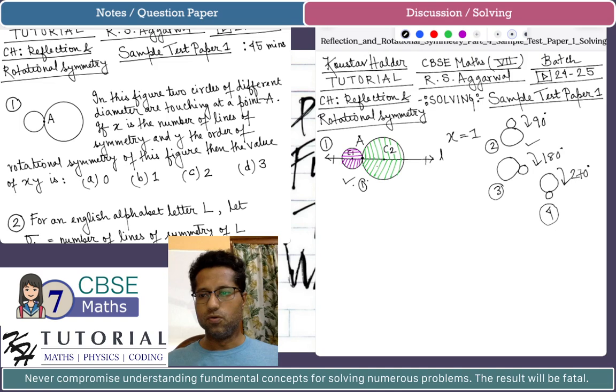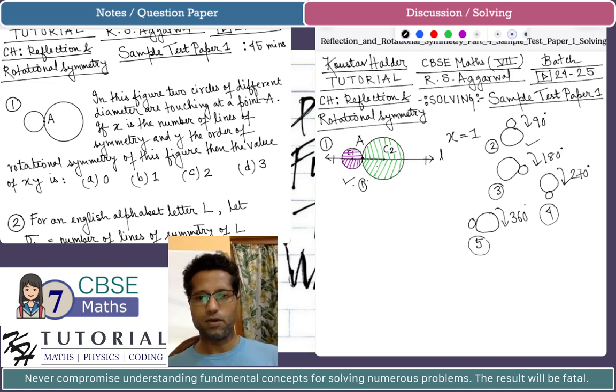and of course if you rotate 360 degree, the original figure will come back to its original position. It will look like the original. So this is position 5 after 360 degree. So only by rotating this figure 360 degree clockwise, you are getting it looking identical to its initial